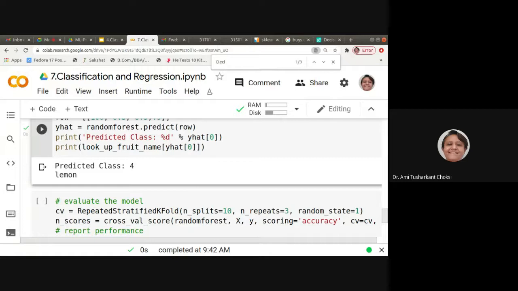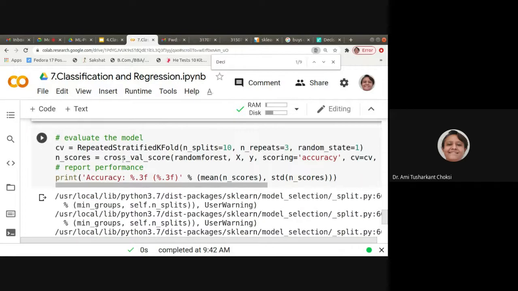Then, do all the algorithms give us the same prediction for the same unknown data? You have to make the table and show which one is better.